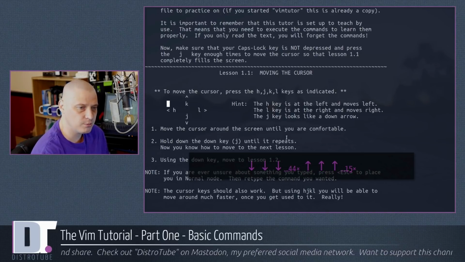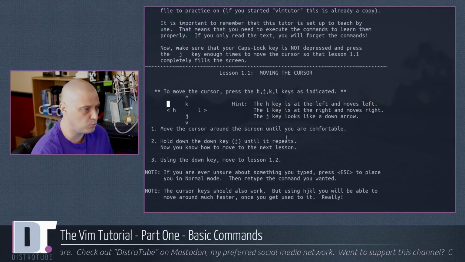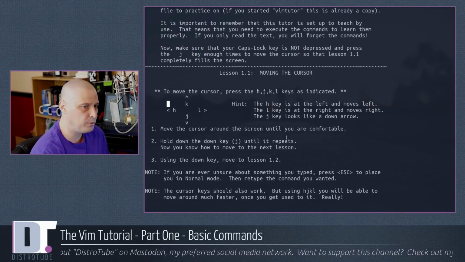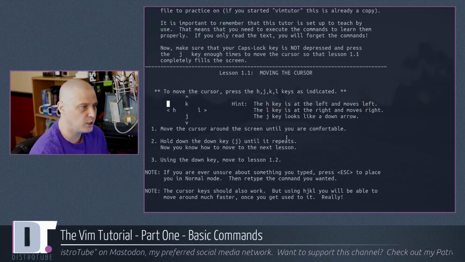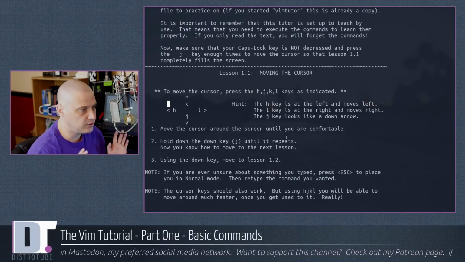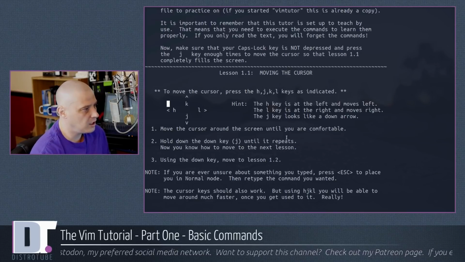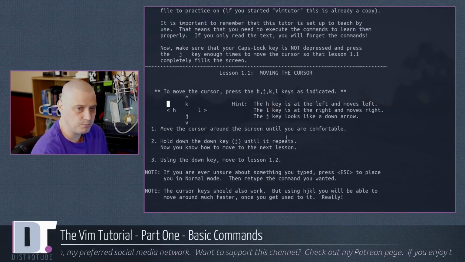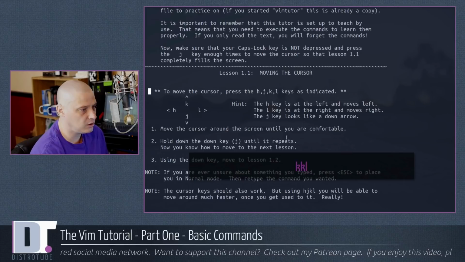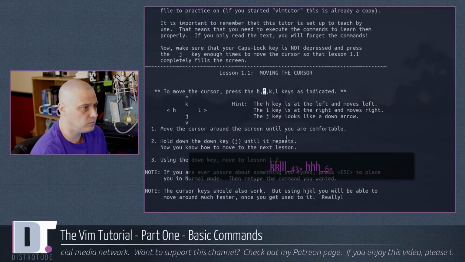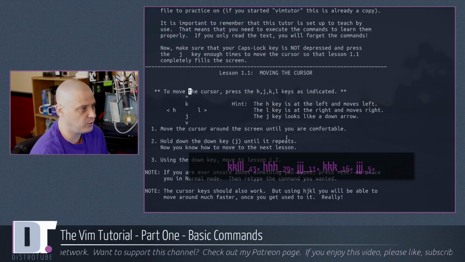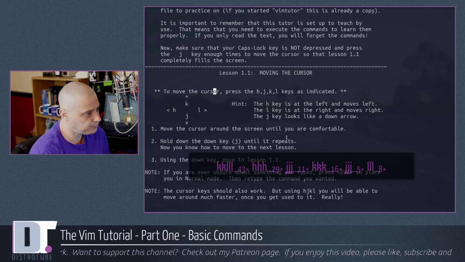Now, the arrow keys. You will never use the arrow keys on your keyboard in Vim. That is a no-no. In fact, when you're first learning Vim, for a lot of people, it's a good idea to completely disable the arrow keys on your keyboard to break that habit, because we're never going to navigate with the arrow keys again. The very first lesson, lesson 1.1, moving the cursor, HJKL. HJKL are now your arrow keys. So, K to move up, L to move right, H to move left, and J to move down, K back up, etc., etc. So this is how we navigate in Vim from here on out.